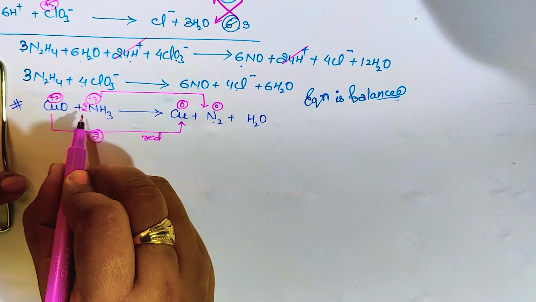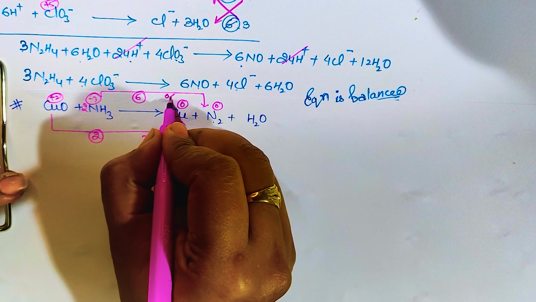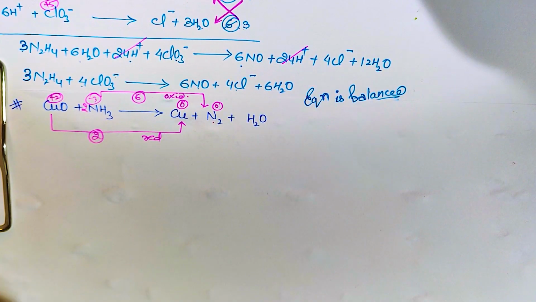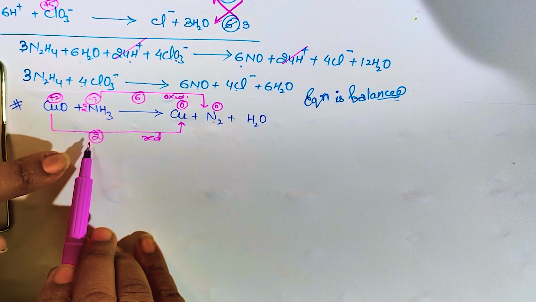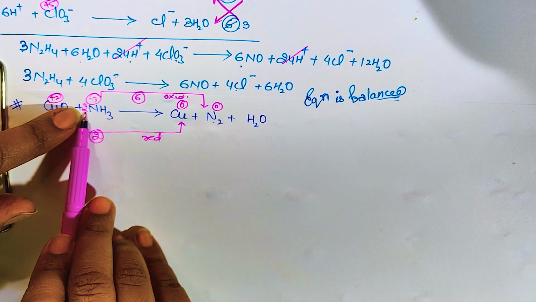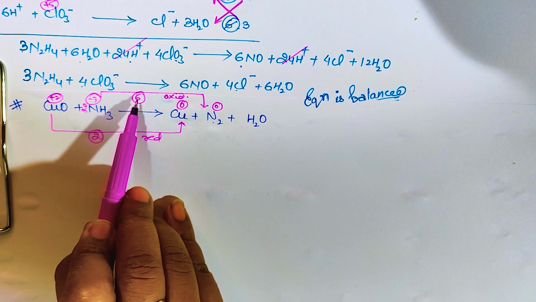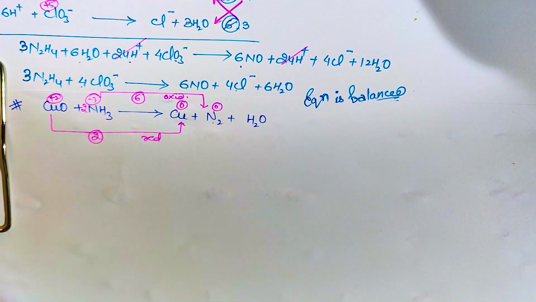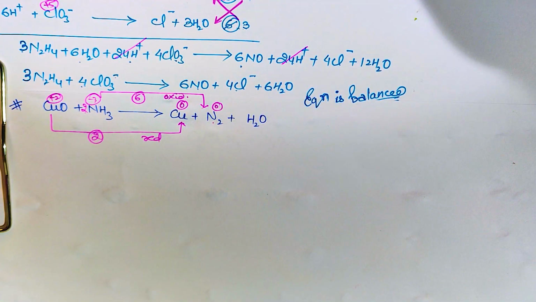This is 6 electrons, 2 3s are 6, and here it is 0, so 6 electrons, and that is going to be oxidation. Am I clear with this? These 2 points are clear? Okay, so what we will do, this change is in copper, so this number we will multiply in this, and this one, the change in nitrogen, that number we will multiply with copper. Cross multiplication is there. So just let me write the product.